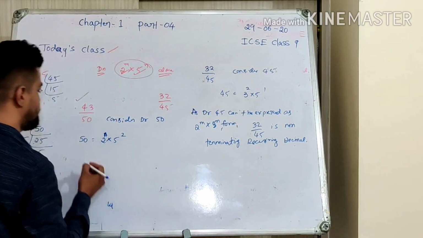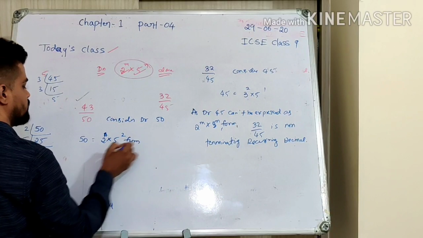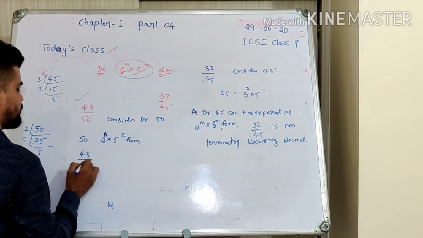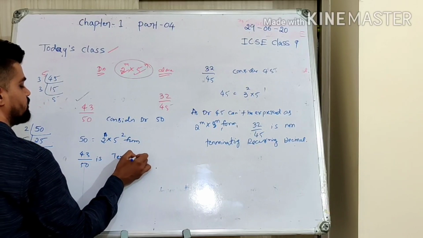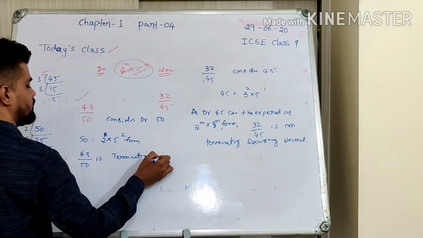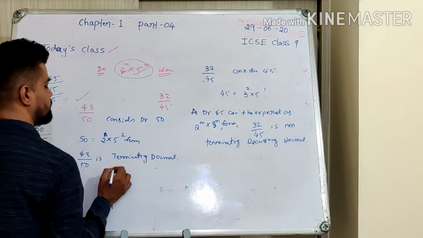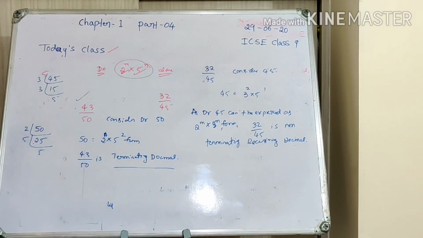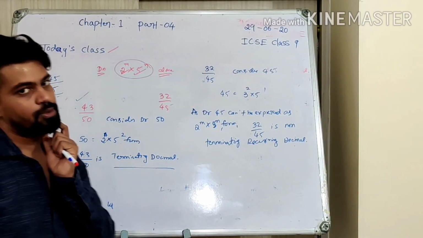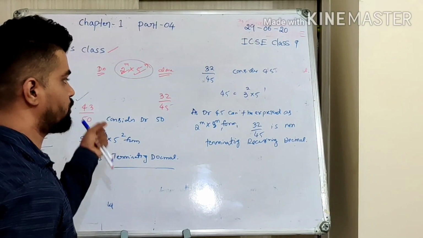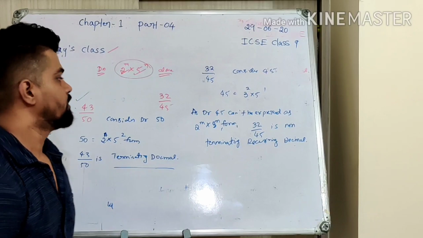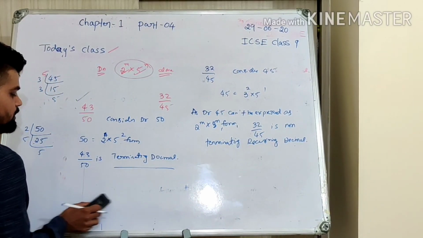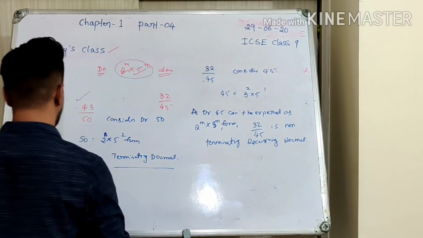Okay. So now what we have is in this format I have. So I can say 43 by 50 is what kind of decimal? It's a terminating decimal. Okay, done. So that's the end of this exercise 1A. So you should not be having any doubt in these solved questions. So you might get doubts in the unsolved questions. We will discuss in the live session where doubt clearing will be done. Okay. So hope this is done.